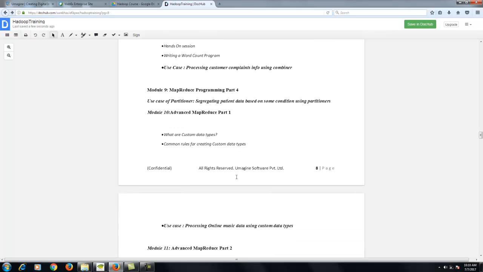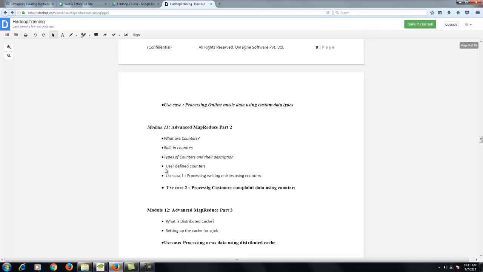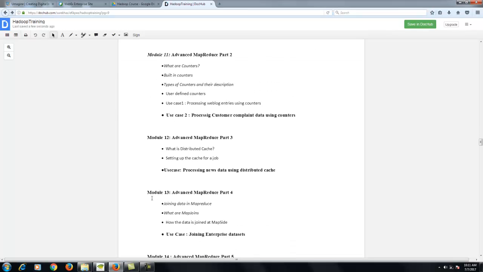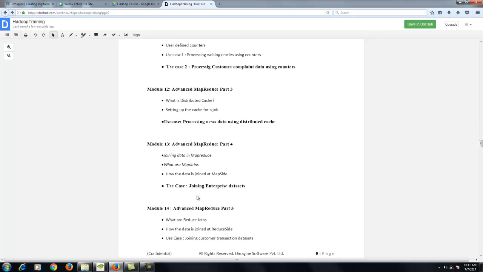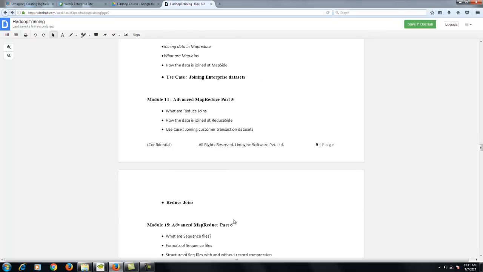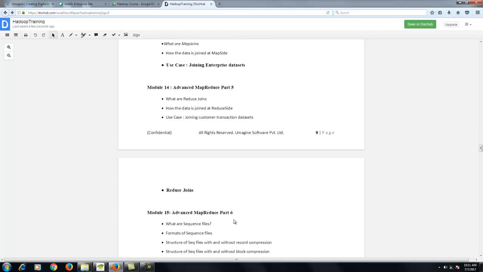We'll talk about advanced MapReduce. We have a couple of sessions on advanced MapReduce. We'll talk about caching. Cache is very important, guys. If you have come from any programming background, you know cache is very important for performance. For any of your programming cases or business cases, if you want to optimize it, you need to use your cache. We'll talk about joins, how a join works in the MapReduce framework, and we'll talk about a certain use case which takes care of the joining part.